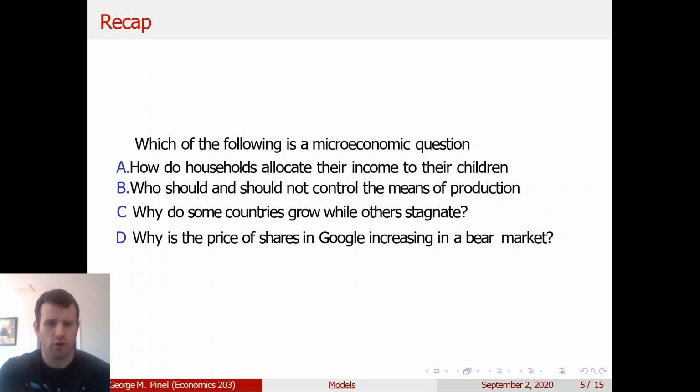Who should and should not control the means of production? That is a large question. That is a macro question, I would say, in the sense of the means of production are, I would actually say this is more of a sociology question. This is Marxist to the T, but there's some overlap in economics, again, and production falls in the economics definition. But who should and should not control the means of production is largely a broad question about who